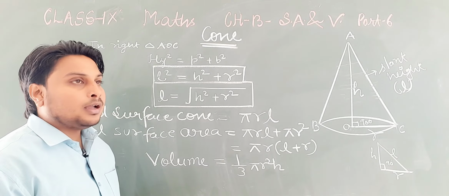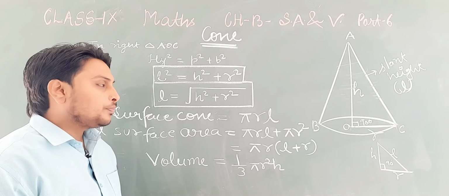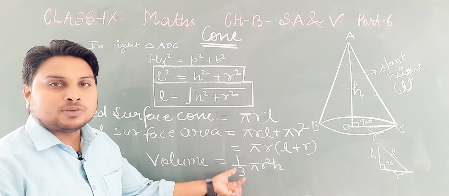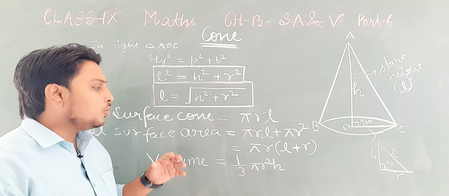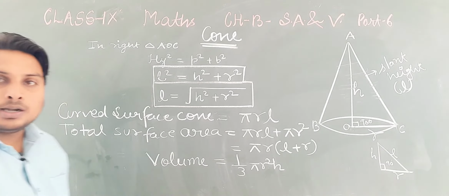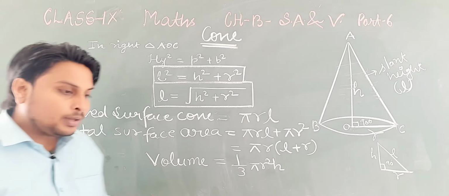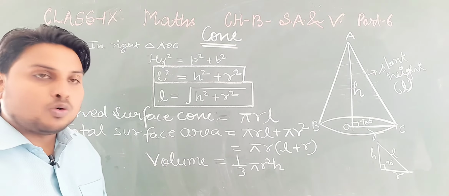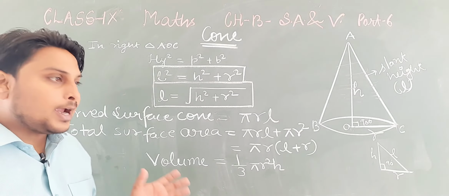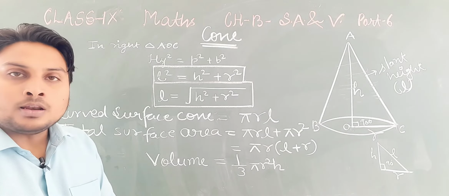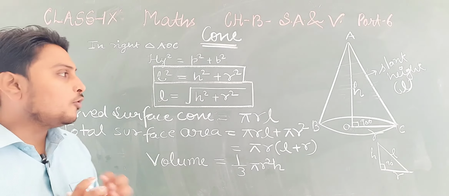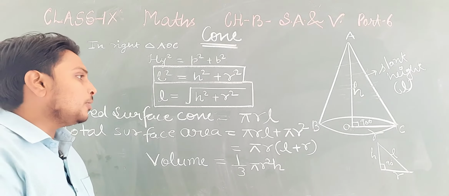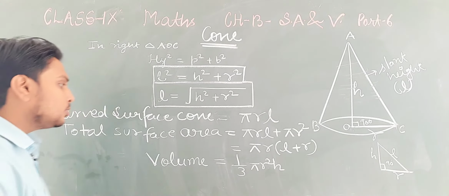We generally say that 3 times the volume of the cone is equal to the volume of the cylinder. Means if we join 3 cones, add their volumes, then we'll get the volume equal to the volume of the cylinder. So from the observations this is to be found.